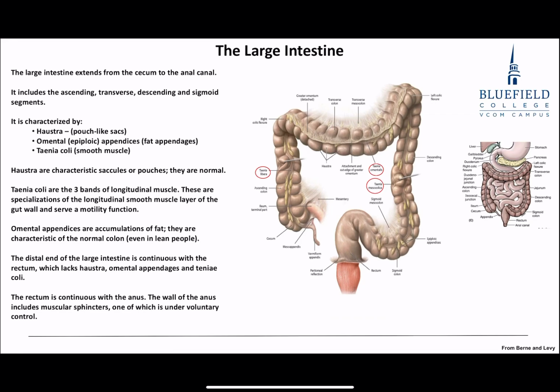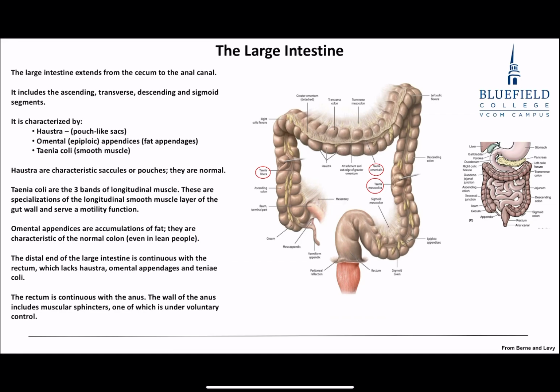Okay, so then we have the large intestine. It looks the same all around, all of us. This is where the large intestine begins to fall over the pelvic brim, go down into the lesser pelvis, and this region is called the sigmoid colon. And it's also characterized by the mesentery that is attached to it. Again, we're going to talk about that in a little bit, but you can see this bit of mesentery here, whereas there is none associated with the